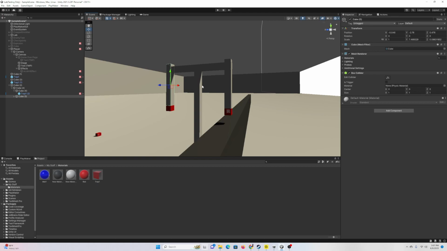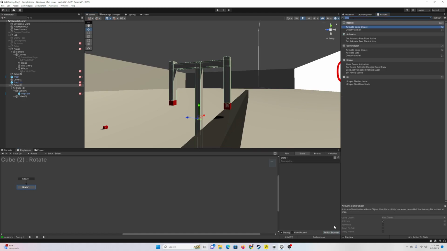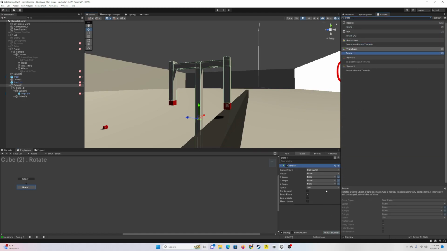Alright, now here's the cool part. An FSM, we're going to call this rotate. What you call it doesn't actually matter, unless you're actually trying to talk to that FSM, so it's up to you what you want to name it. Let's call this rotate. If you click on the rotation tool, you notice that's the y-axis. So we're going to make it do this. For the y-axis, we're going to turn this into a variable so we can adjust it on the fly. Rotate speed y